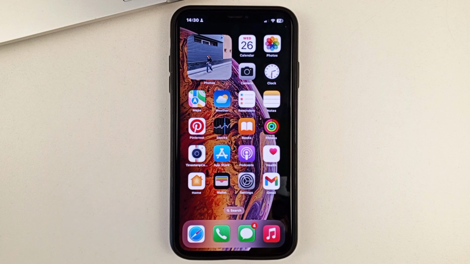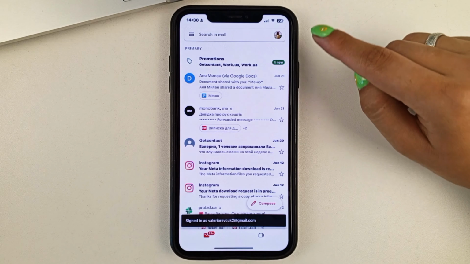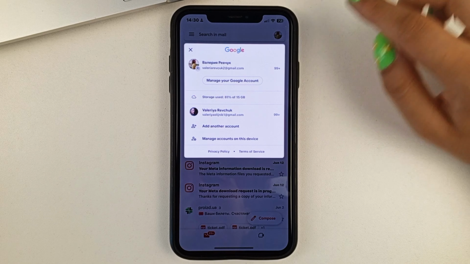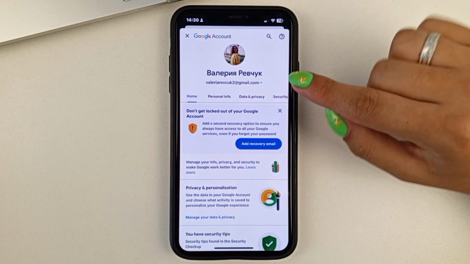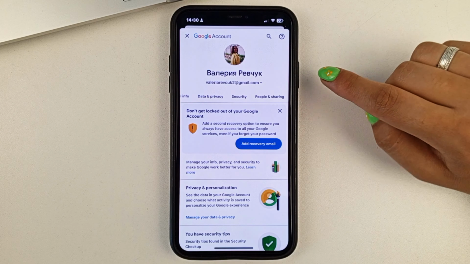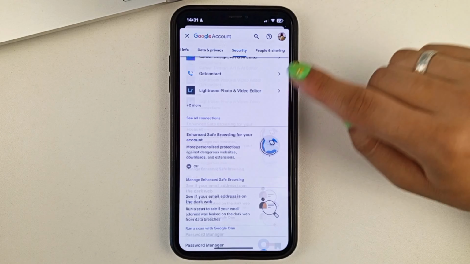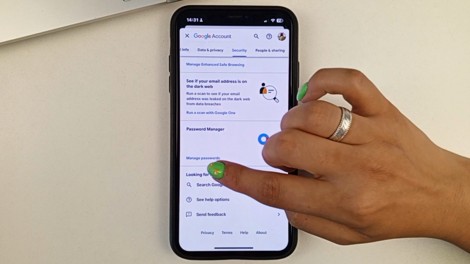And let's get started. First of all, please go to Gmail. Now in the upper right-hand corner, click on your profile picture. Now manage your account. Next, under your name, you'll see a menu like this, which you can flip through and scroll through until you find Security. Click on that, and in Security already scroll down to the bottom. Here you will find a section called Password Management. Please click on it.